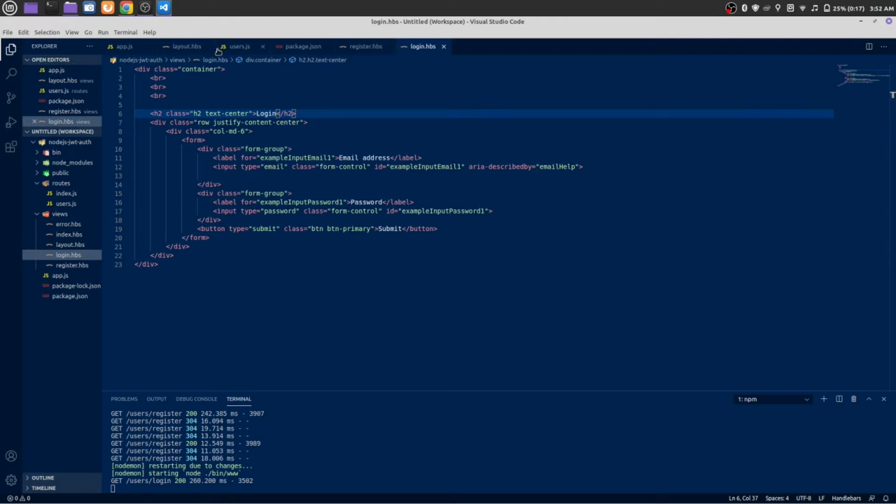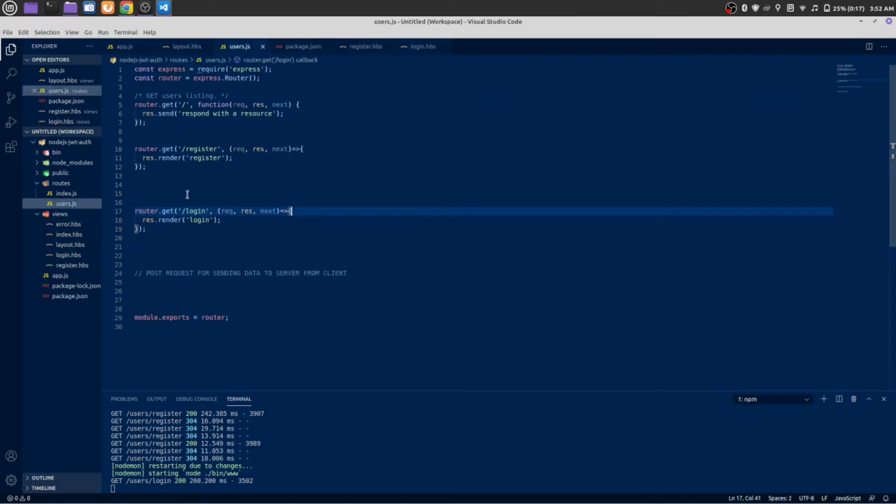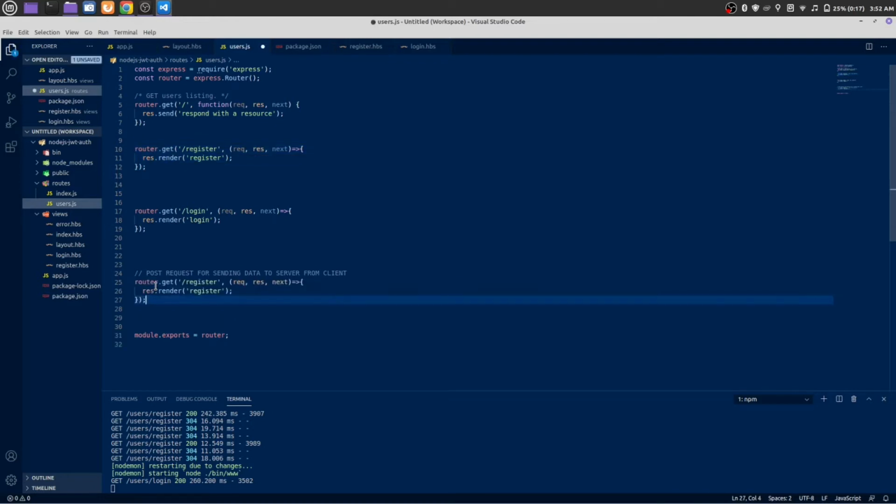Okay, our get request has been done. Now let's make a post request for our register user. A post request is for sending data to the server from clients, so the server can process the data, and depending on the data the server will respond to the client. Okay, in the place of get, it would be post. Since this is a post request,